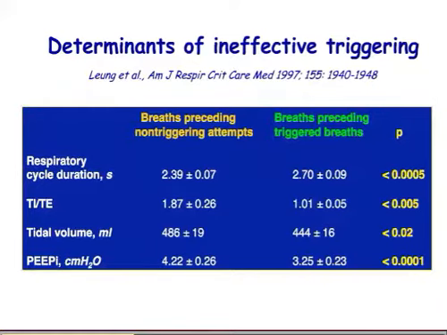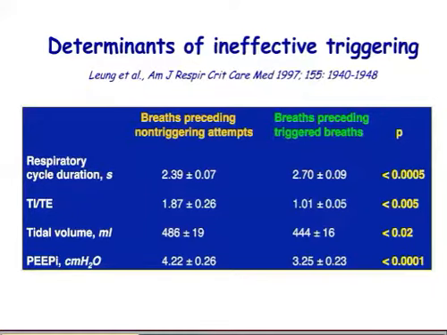And as you can see here, the difference is that those non-triggering attempts were preceded by breaths with a shorter respiratory cycle duration, but a higher inspiratory over expiratory ratio, a higher tidal volume, and therefore